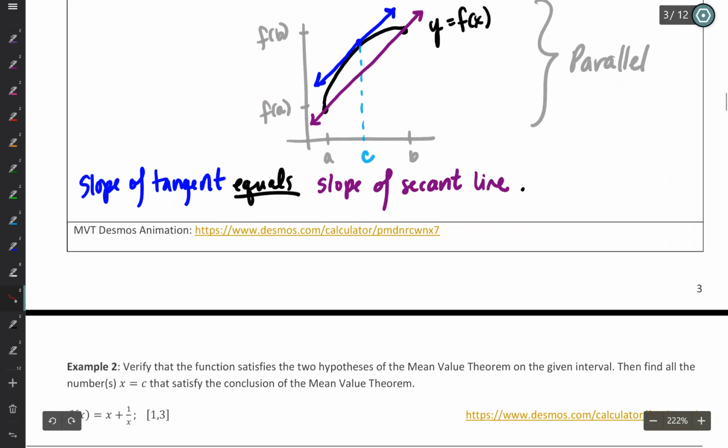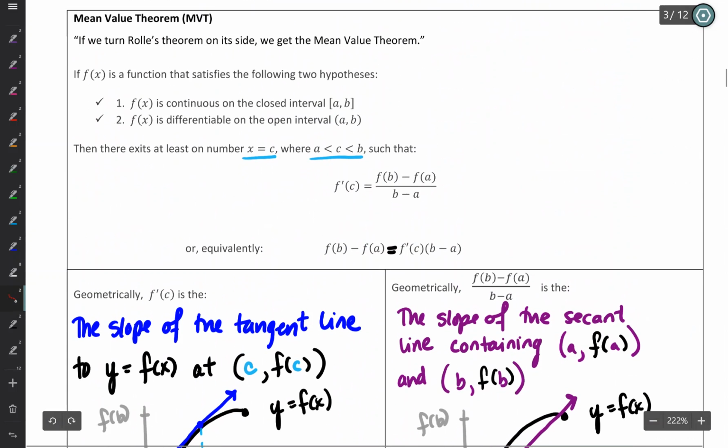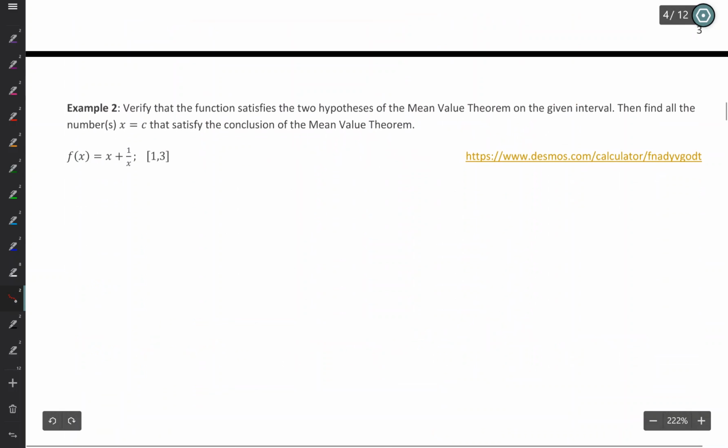The first hypothesis of the mean value theorem says that the function is continuous on the closed interval, the second, differentiable on the open. All right, so this function